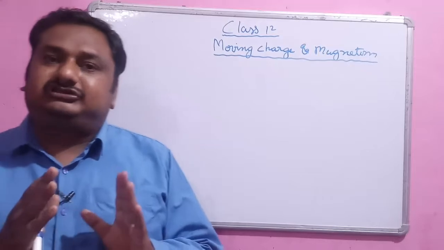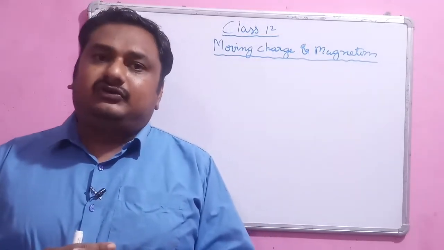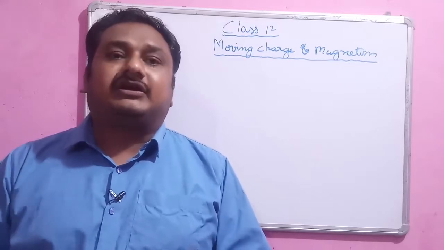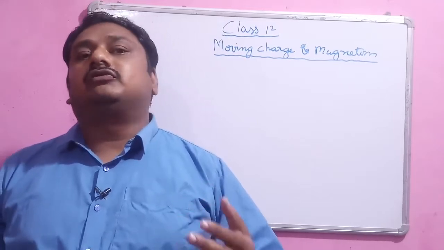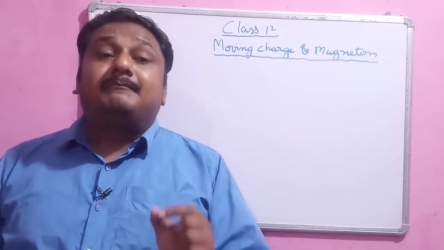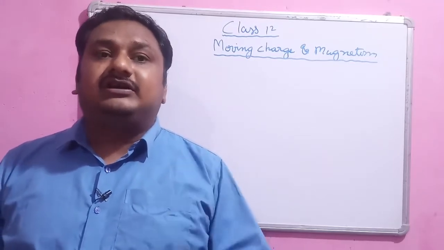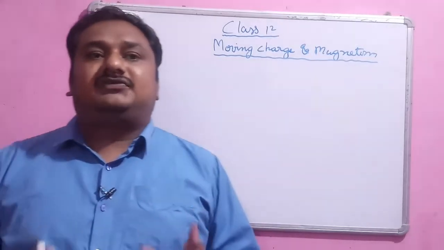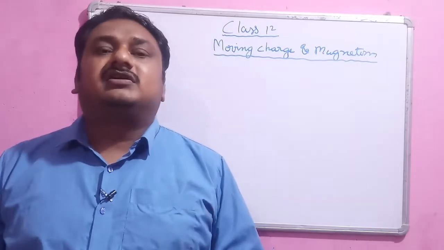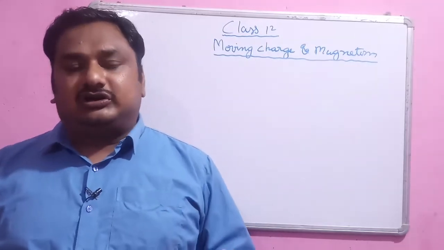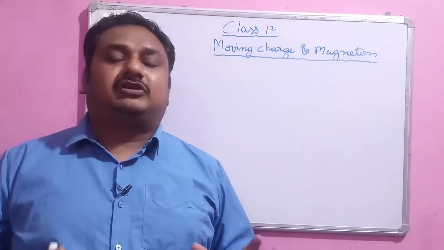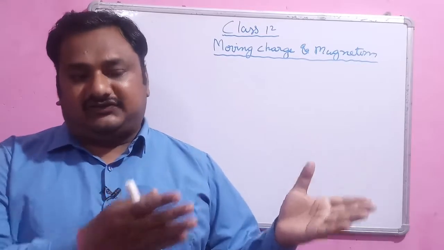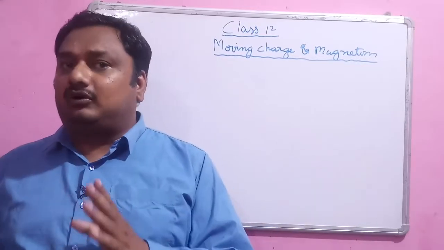So in this chapter we will introduce the whole magnetism in the form of circulating currents. Whenever current flows in the circuit, it produces a magnetic effect, a magnetic field, a magnetic behavior, and that behavior can easily be studied when the charge is in motion. Until now we have developed so much relationship for the charge in motion, so whenever the charge is in motion, we can extend the same theory for magnetism also.